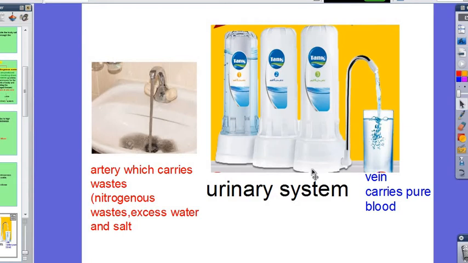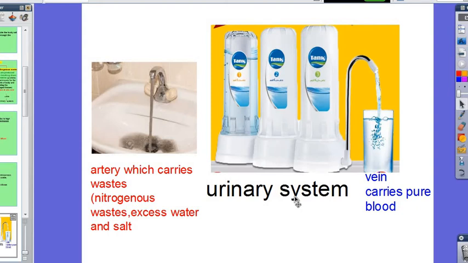We also have a tube or blood vessel which is connected to our urinary system. This blood vessel carries the wastes, like that, this is the first tap. The blood vessel which carries the wastes is called an artery. So here the artery which is connected to the urinary system is filled with wastes,